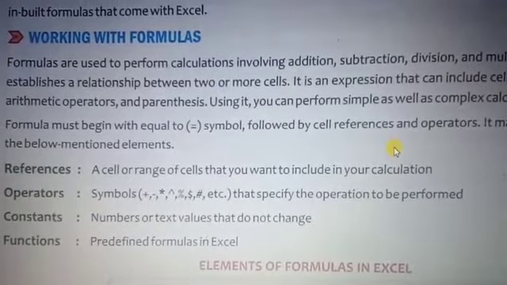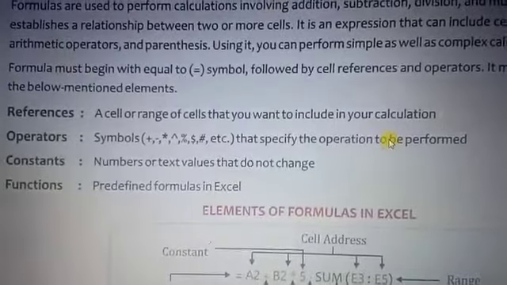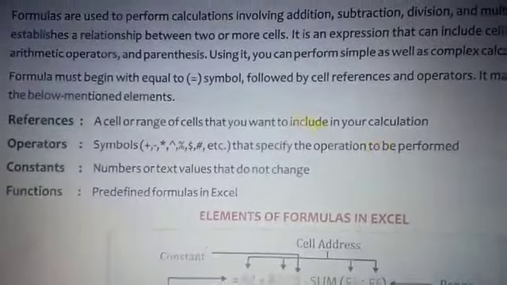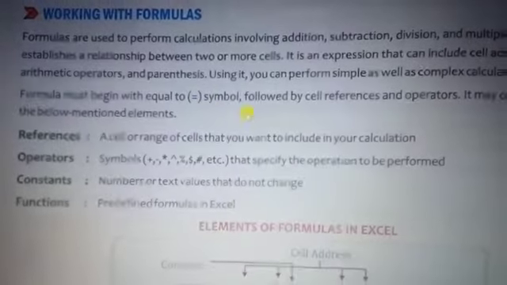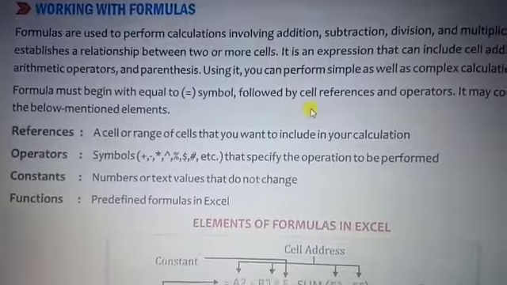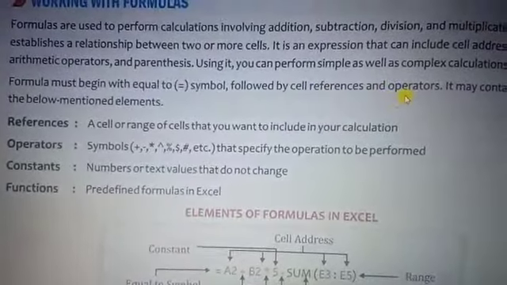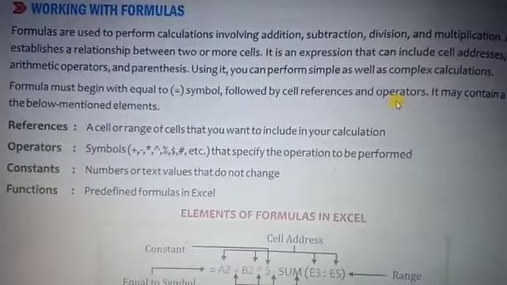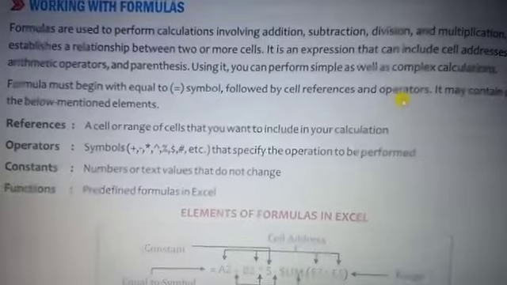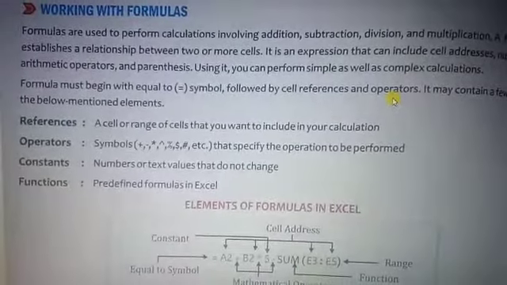At first, students, listen and understand carefully. When we use a formula inside the Excel sheet, it always starts with the equal sign. After the equal sign we either put the value or define the cell reference, and by using different arithmetical operators, after mentioning the whole formula, we press the enter key and obtain the output.